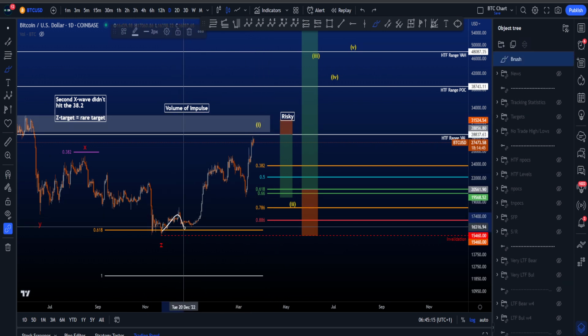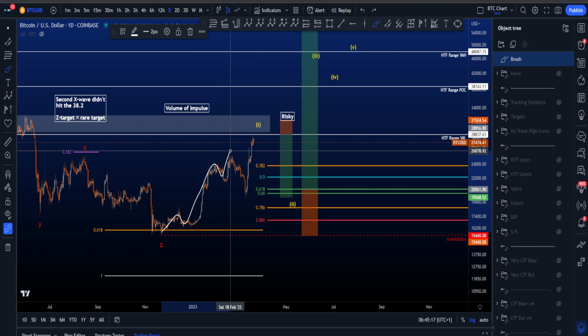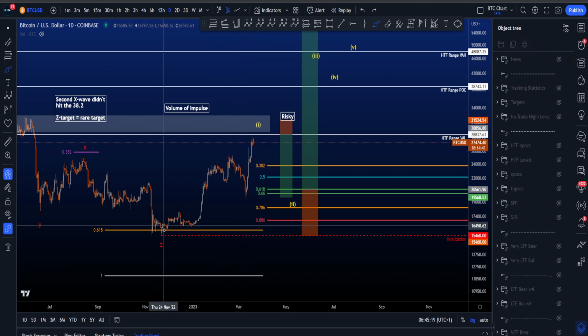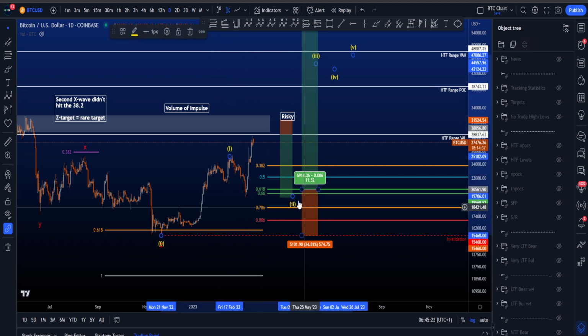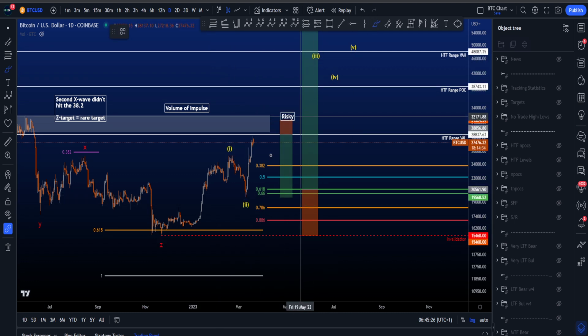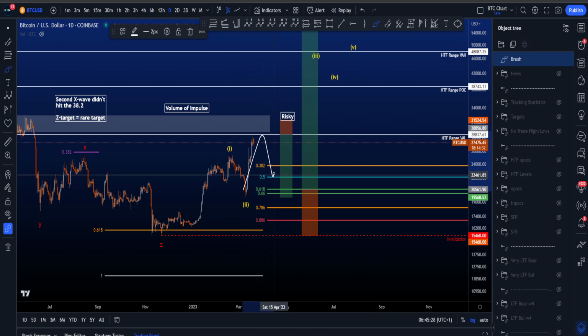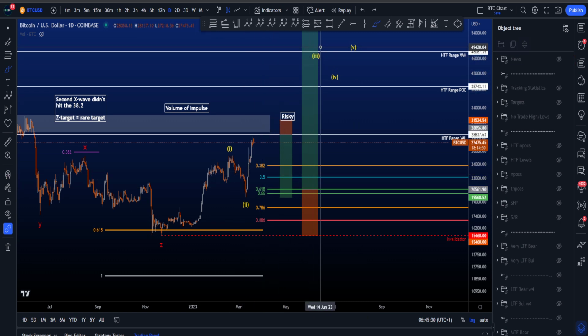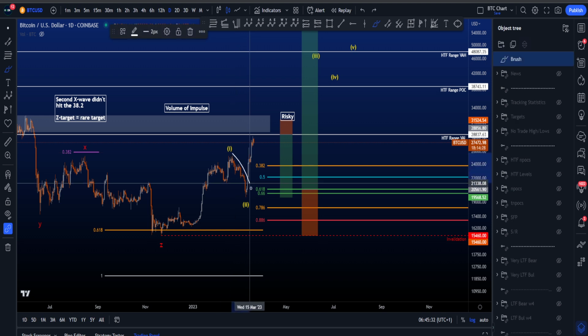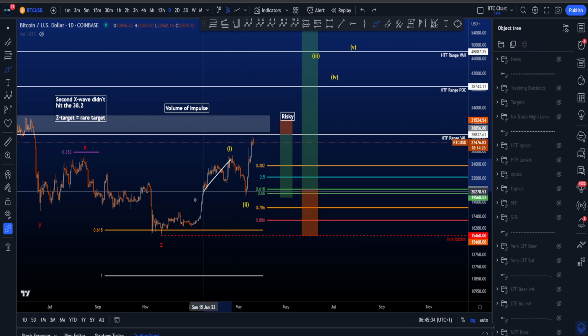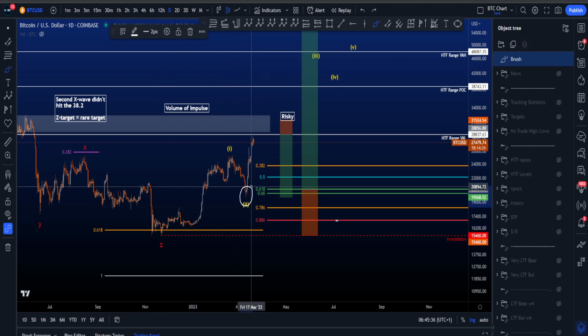I know some people have this as a 1, 2, 3, 4, 5, and then this being a wave 2. So then this basically being a 1, 2. So this one moving over here, this 2 moving over here, and this is the beginning of a 1, 2, and then 3, 4, 5 in a bigger 3. That is also possible. However, looking at how short wave 2 is compared to wave 1, even shorter than the